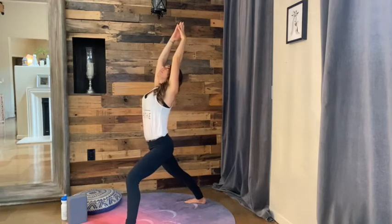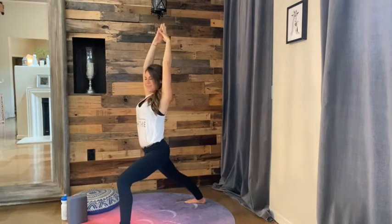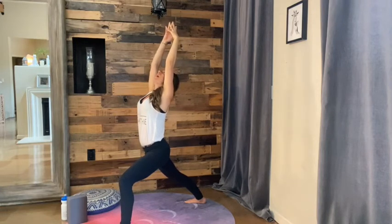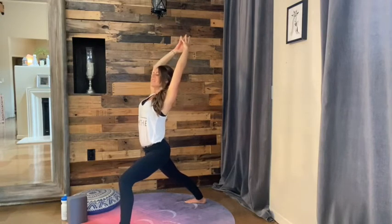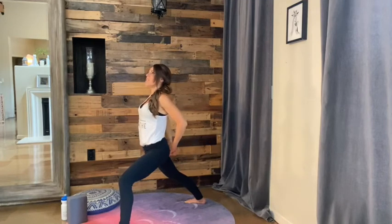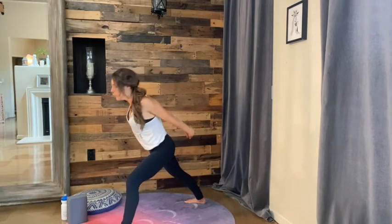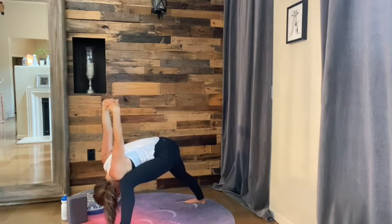Take an inhale. Stay for the exhale. Breathe in. Breathe out. Inhale. Hands come to the low back. Exhale, interlace the fingers. Lift the heart. Inhale. Exhale, forward fold. Stay here for 5,